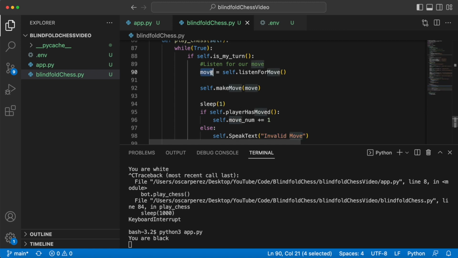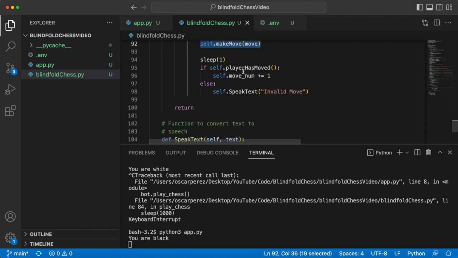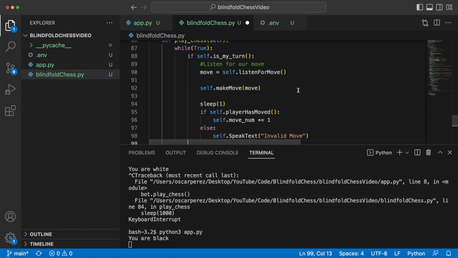We want the microphone to listen for a move. We want this script to attempt to make the move. We want to check to see if that move was successful. If that move was successful, increase the move counter. And if it wasn't successful, just tell the player. Now that's if it's our turn. If it's not our turn,